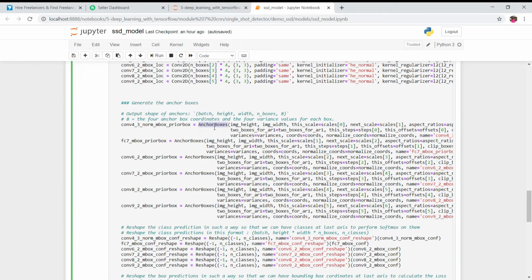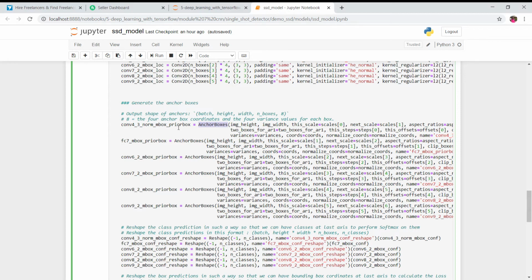So while creating anchor boxes, what all things do we need to know? For creating anchor boxes, the parameters which are required are the height and width of the image, different scales and aspect ratios, and coordinates, right?